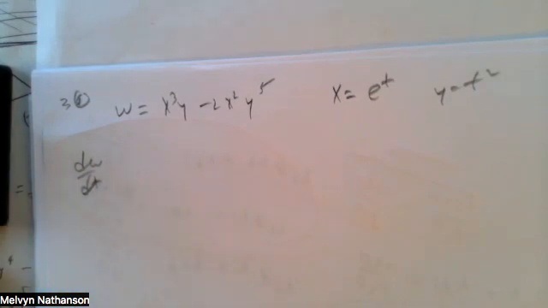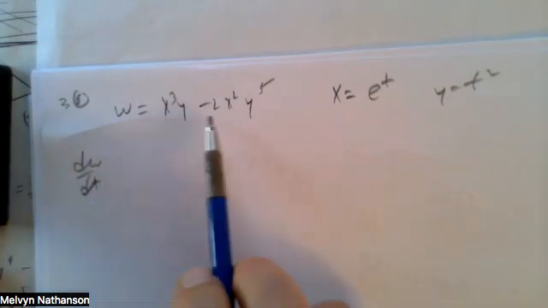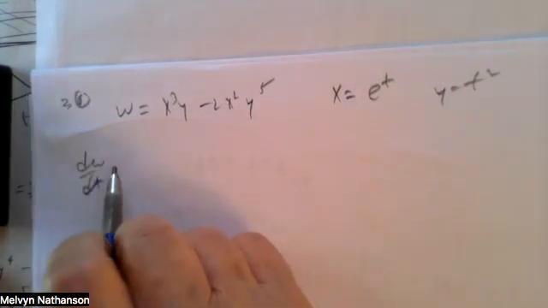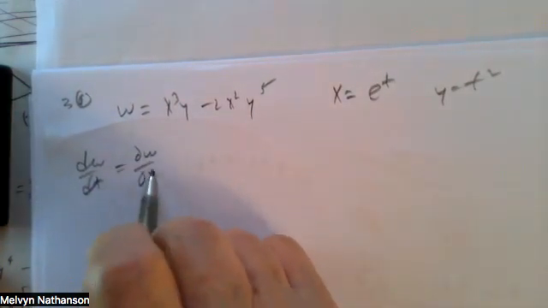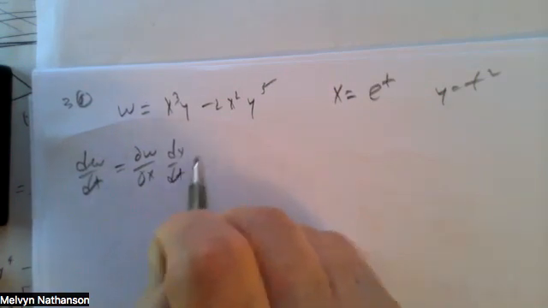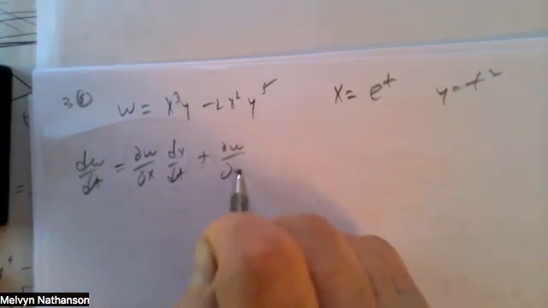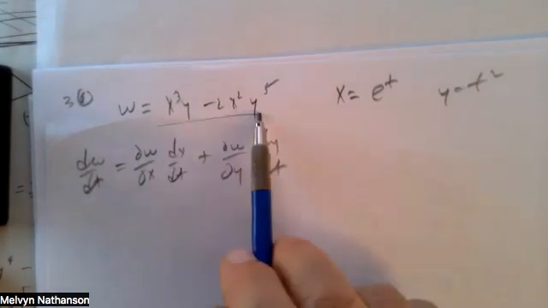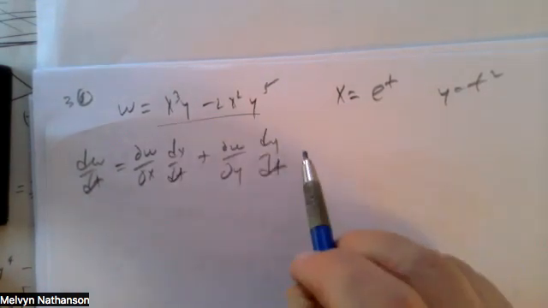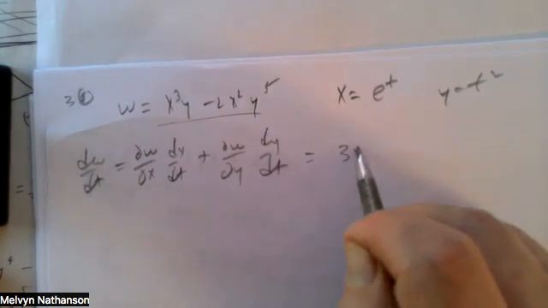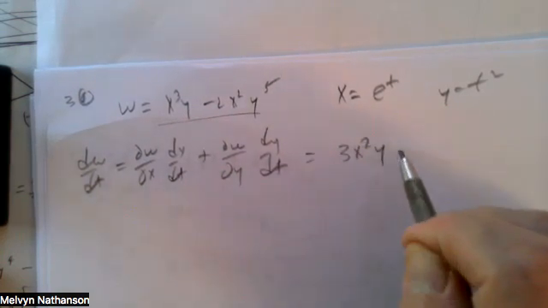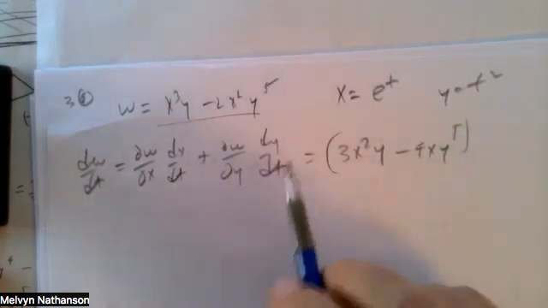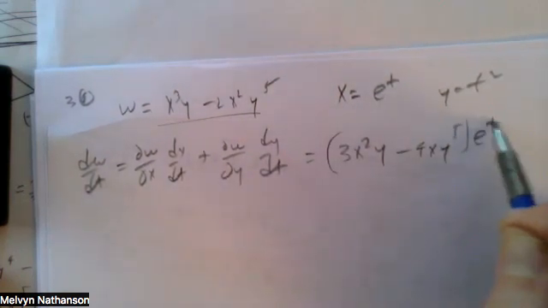And by the chain rule, because if you plug in x and y, w is just a function of t, dw dt is the partial of w with respect to x, dx dt, plus the partial of w with respect to y, dy dt. If we differentiate this with respect to x, we get 3x squared y minus 4x y to the fifth, dx dt, which is e to the t,